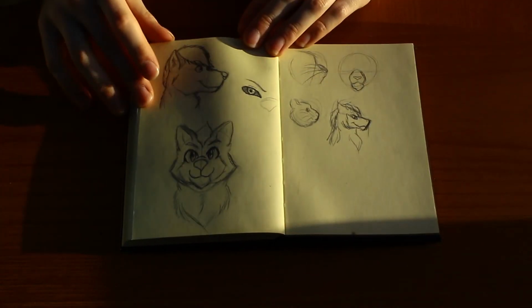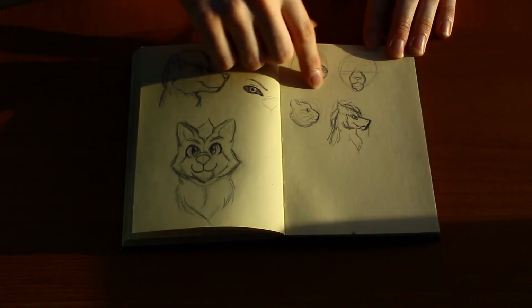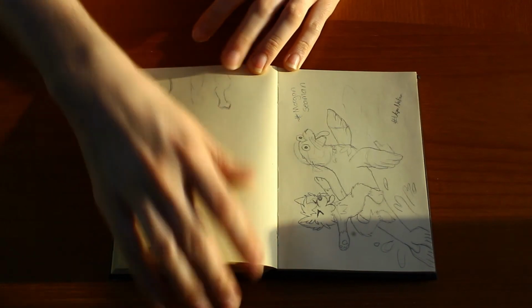I don't know what was going on with this. I think it was just me trying different styles and stuff. I was doing a lot more side profile sort of practices, more leg practices, and then I think